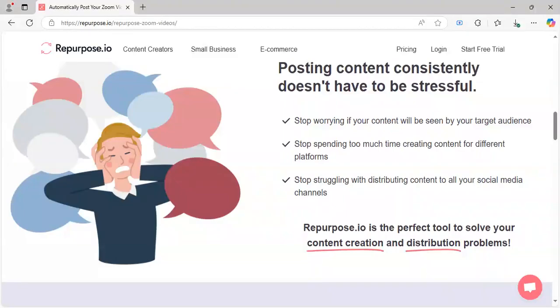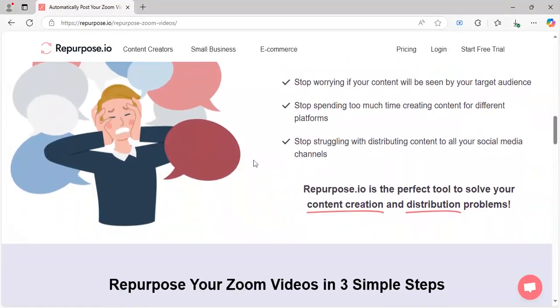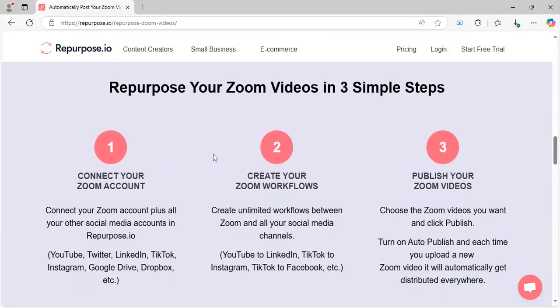So, today we'll talk about how you can upload your Zoom recordings on Repurpose.io. It's very simple. All you have to do is connect your account on Repurpose.io. Connecting your Zoom account to Repurpose.io is very simple. All you have to do is sign up from your Google account with your Zoom account, and then after that,